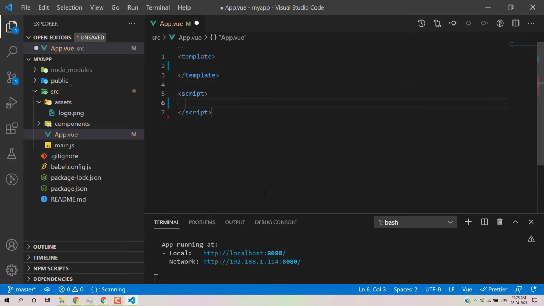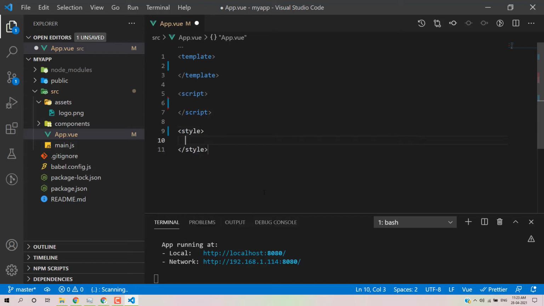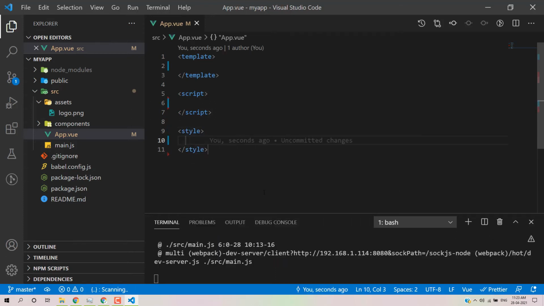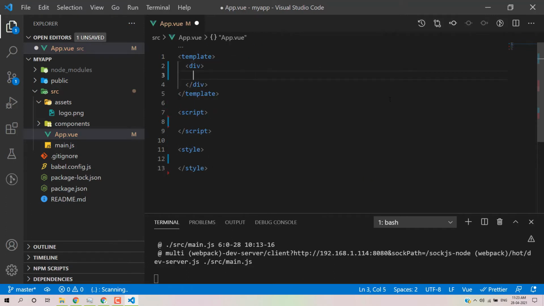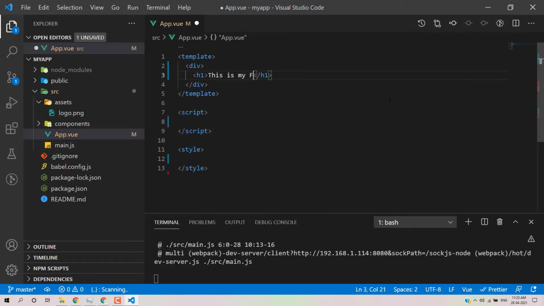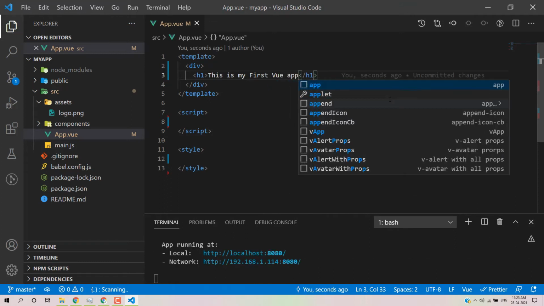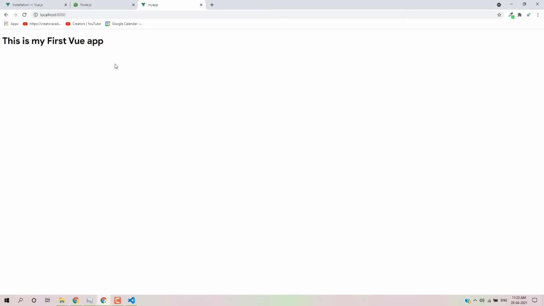Okay, so then we have the template. Here we can create a div section. Inside the div we can write "This is my first Vue app." Okay, I'll save and reload, and it's working fine. And I can add a p tag. You don't need to reload this page because hot reload is working, so it updates automatically here.